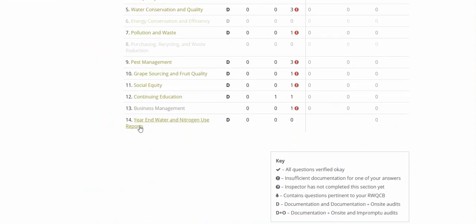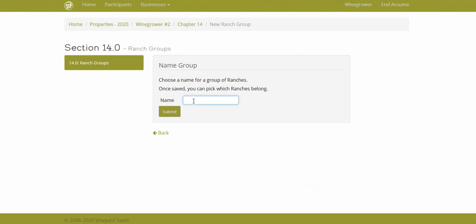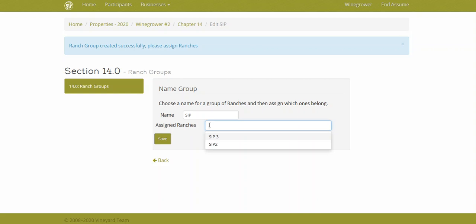Scroll down to Chapter 14, Water and Nitrogen Use Reports. Here, you need to assign ranch groups. You want to click Add Group and give it any kind of a name. Click Submit. Under assigned ranches, this is where if you have multiple ranches, you can either answer their water and